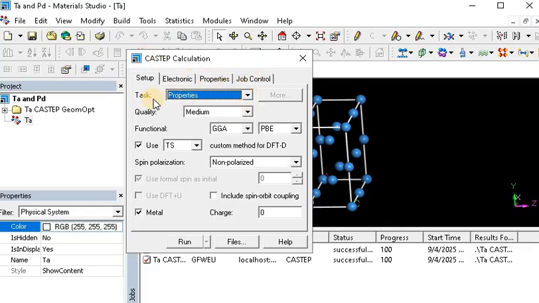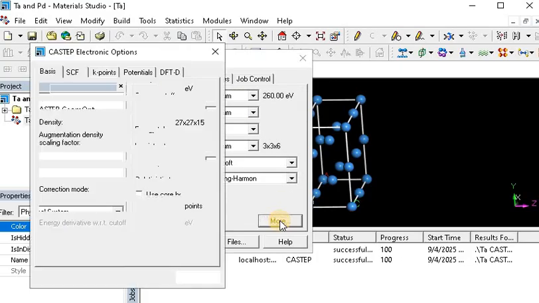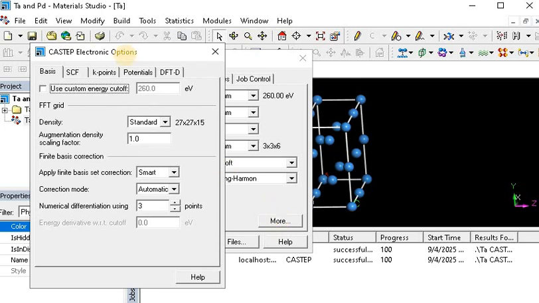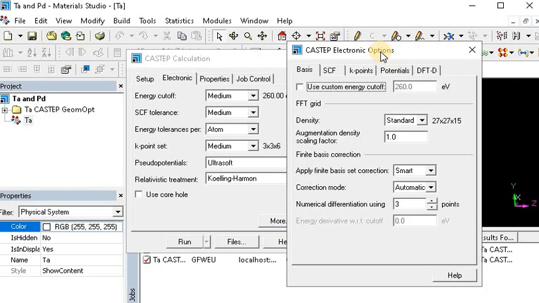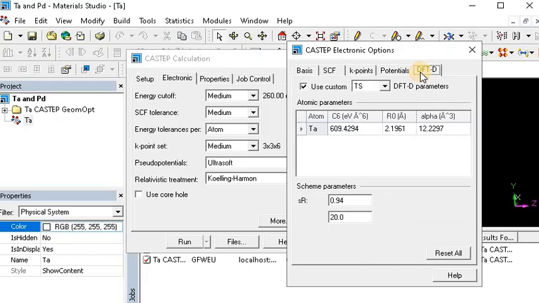In our previous lectures I briefly discussed setup and electronics. Here we have more options in electronics. By clicking on more options we get this interface. We have bases, FC, FO, K points, and potentials. In our previous lectures I talked up to the potential tab. In this lecture I will discuss